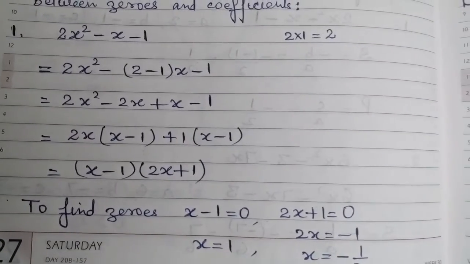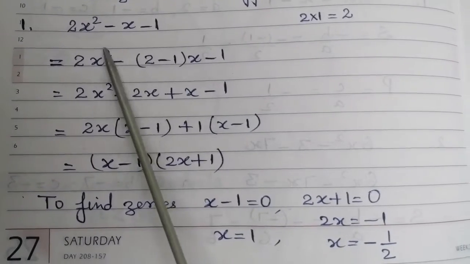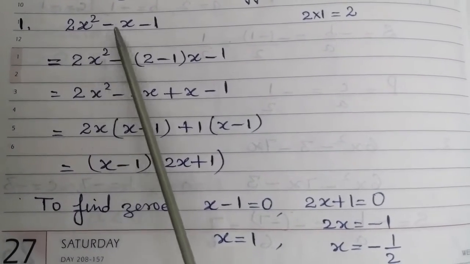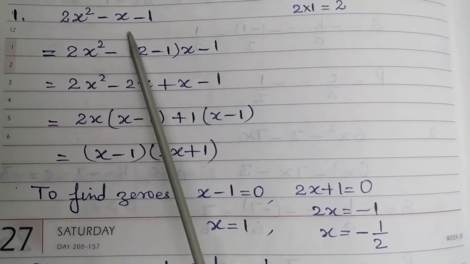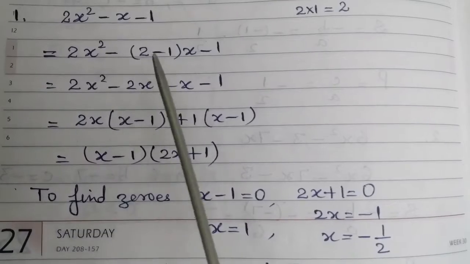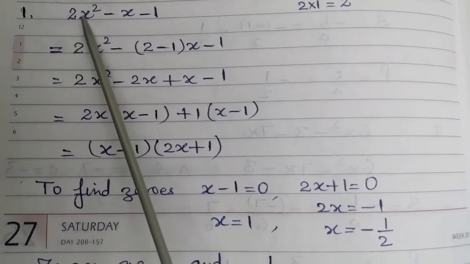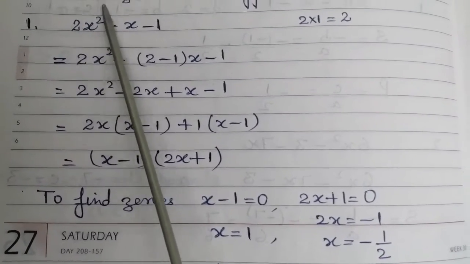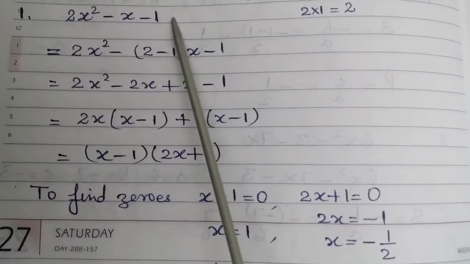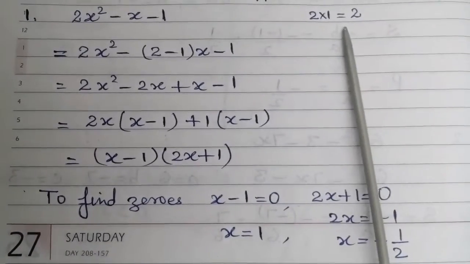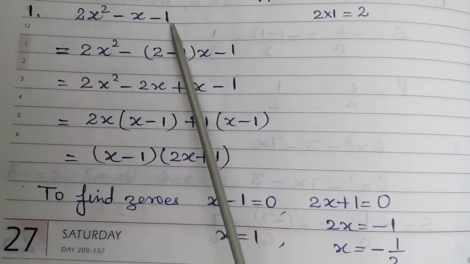One thing which is important is that the quadratic polynomial should be in standard form. That is, first we should have the term with x square, then the term having x, and then the constant term. Here it is already in standard form. So I am going to split the middle term. I multiply the coefficient of x square and the constant term, so they are 2 and 1. So 2 ones are 2. Now please listen carefully. The product of these two is 2 multiplied by 1, which is 2.